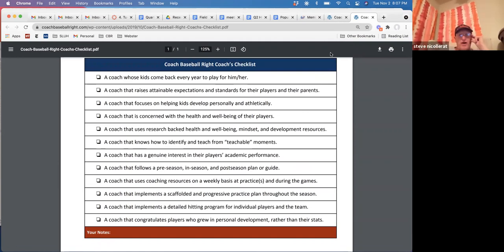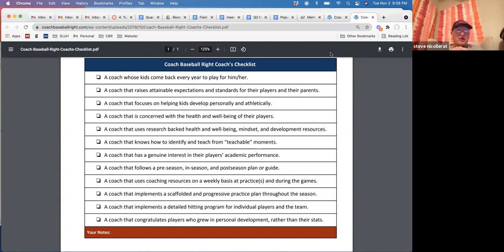I was asked this question a few years ago: what makes a good youth coach? I thought about it for a second. I think a good youth coach is a coach who the kids want to come back and play for. They keep coming back year after year. A lot of people would answer that question by saying you have to win a lot of games. But honestly, I'm trying to frame the coach so he has a picture of himself a little bit differently: a guy that kids want to come back and play for.